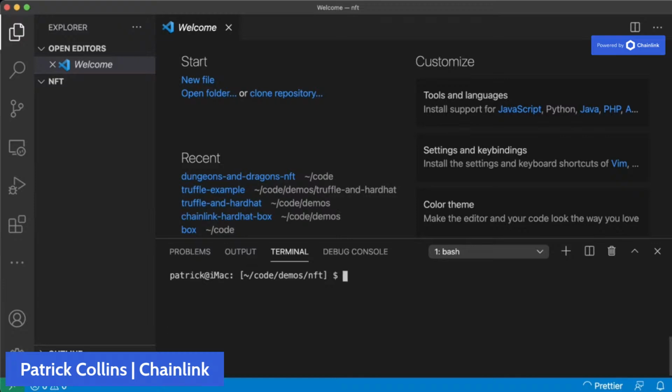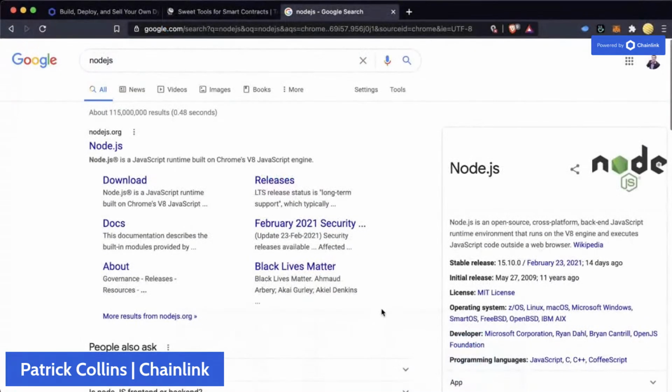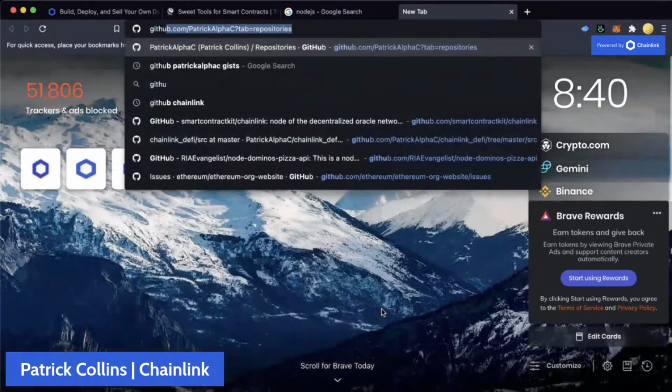npm, which is what we're going to be working with, and you can do npm install -g truffle. I've already done it, so I don't need to do it here. Again, we're going to be doing this from scratch, but GitHub